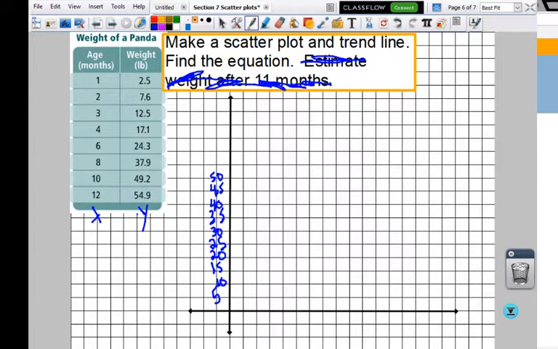Alright, make your scatter plot. Put all your dots. More dots. So you go to 1 and then you go over. Yep, 1,